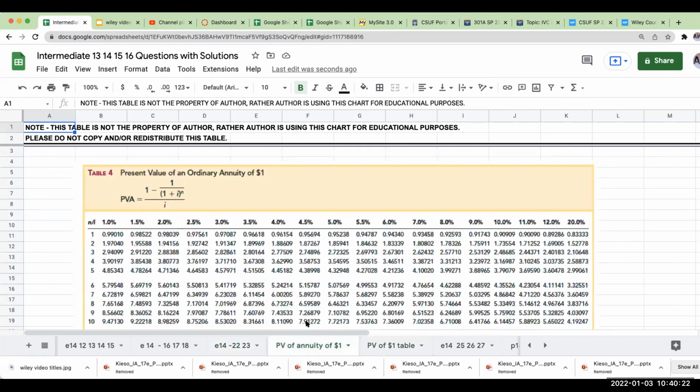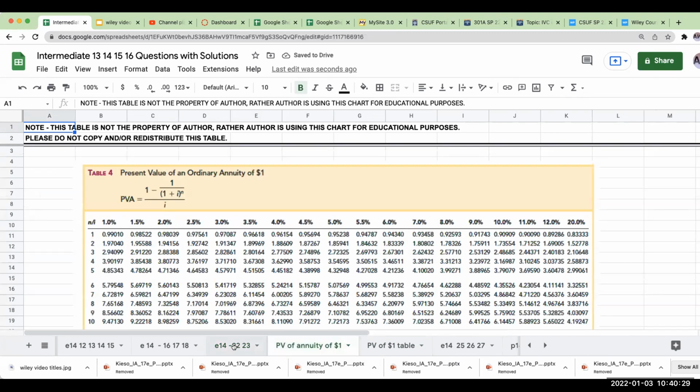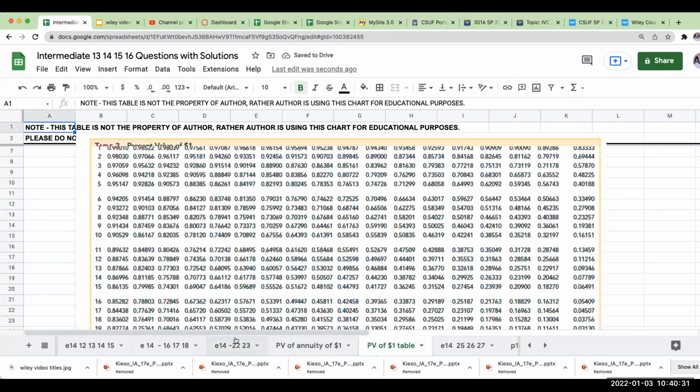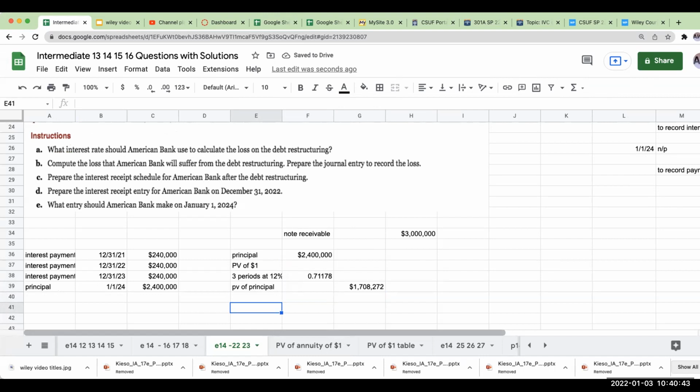0.71178. So the present value of the principal is going to be 1,708,272. For the interest payments of 240,000, because these are the same and occur every year,